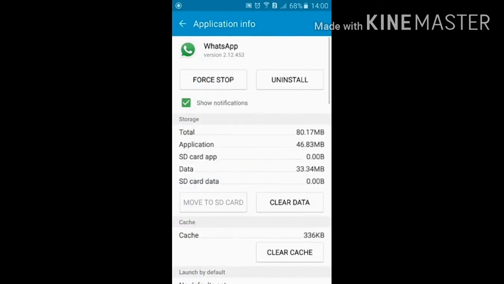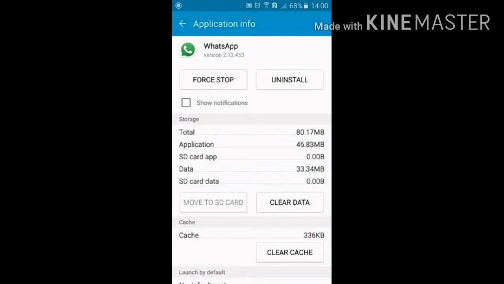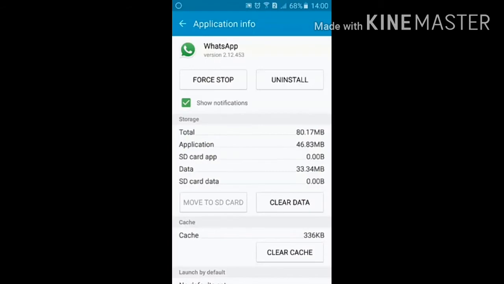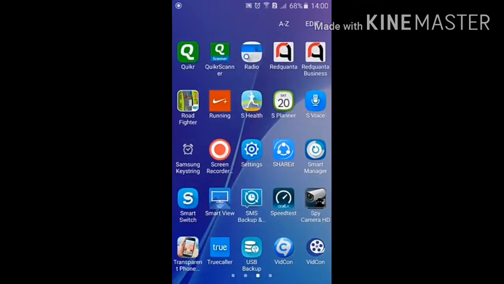The moment you open the WhatsApp application, you see there is a bar, show notification. If this bar is unchecked, that means you are not supposed to receive a notification, and if that bar is turned on, checked, then you are able to receive a notification in the notification bar. First point. Second point, if you are not receiving the WhatsApp notification or messages, then you have to go